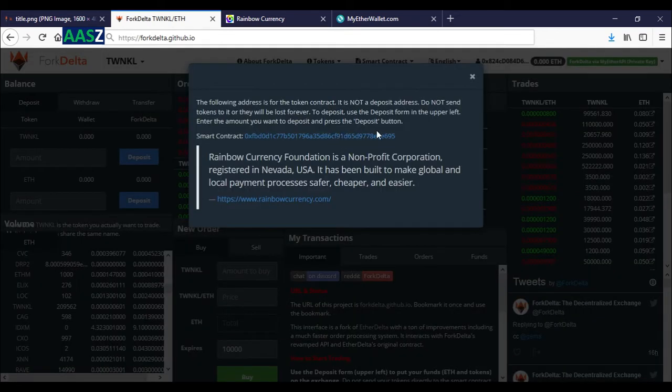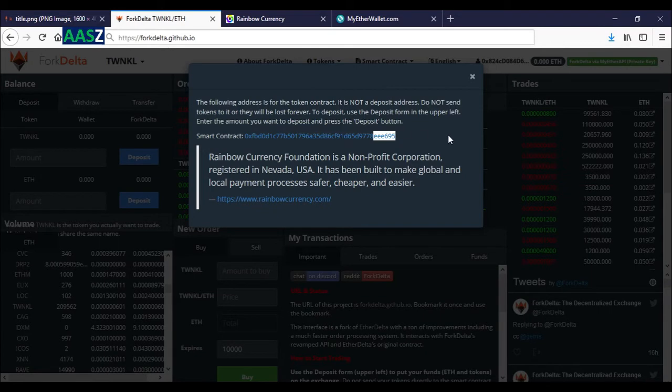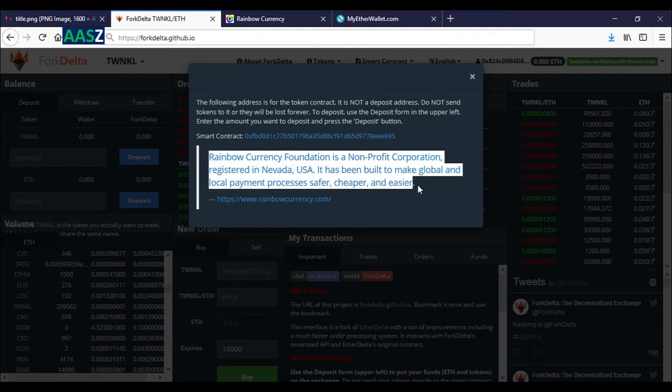When we click on Twinkle, it gives the message about the token. We see that it is indeed the right one, ending EEE695. We can see the same message by clicking here on the Twinkle link. It reads, Rainbow Currency Foundation is a non-profit corporation registered in Nevada, USA.